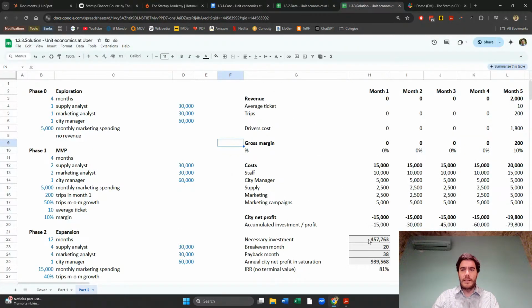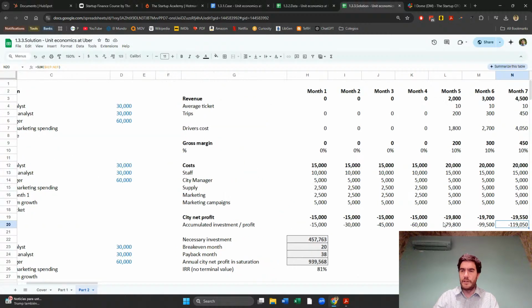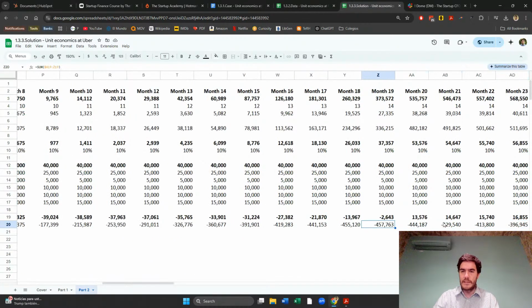So the necessary investment is going to be all the, like here we accumulate the losses or the earnings. And here there's a minimum, which is here. The city at the beginning loses money because you are exploring. You have too many people and too much marketing and whatever, and not so many trips. Until one day it breaks even. It starts neither losing nor earning money, or starts earning money. And by that day, you will need to have invested 458,000 euros,